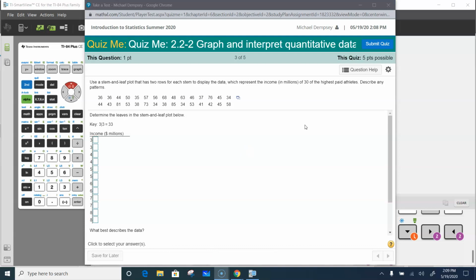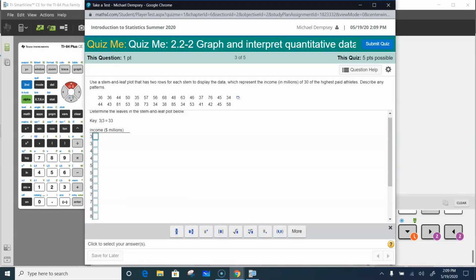Okay, so here, this is a little bit interesting. We're going to split the stem, so let me show you what that means. So next to this 3, I'm going to put any number that comes from 30 to 34. So the 36s won't go there. I'm going to ignore them for a second. Neither will that 35. I'm going to continue scrolling through that list. The 34 will go there, and it looks like I have 1,